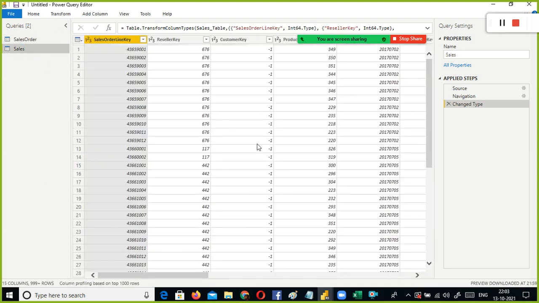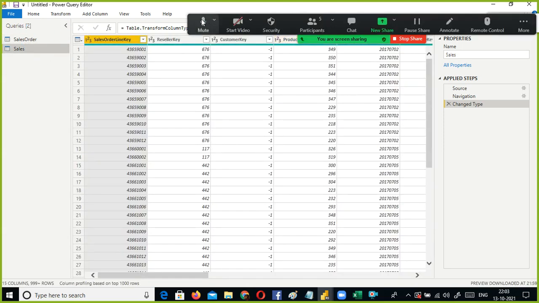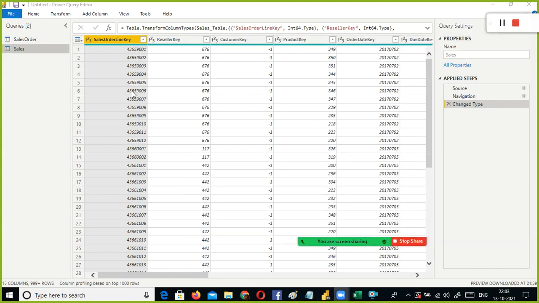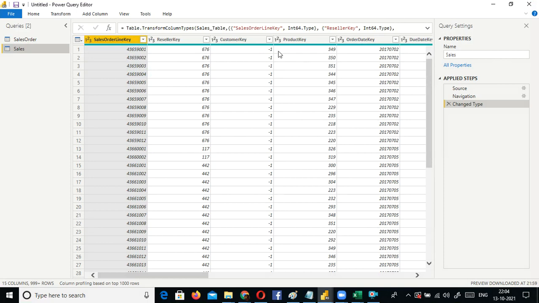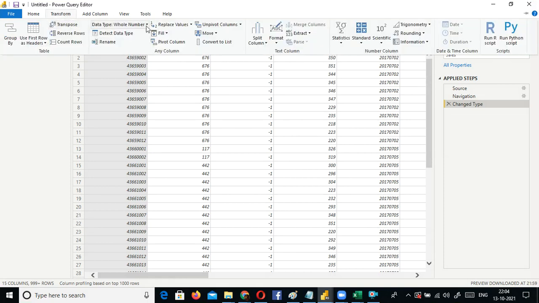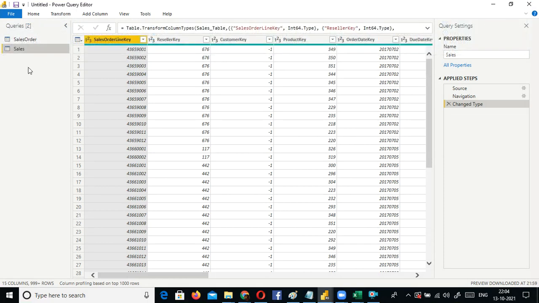Okay. So now I am in the sales sheet data, and I am just looking at this data using the transform options. You have some different options: transpose, detect data type. Everything is available, and you can also extract the length of this one. All these are whatever functions are supported as part of the query transform.